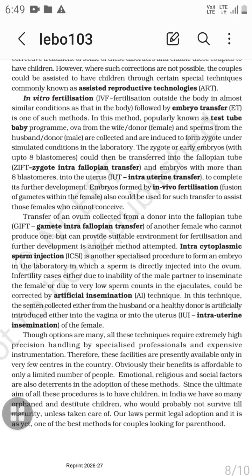Those are for couples who cannot produce offspring. Now, one of them is intracytoplasmic sperm injection, that is ICSI. Intra means inside, cytoplasmic means the cytoplasm itself, the semi-fluid part of the sperm, through the injection. So the cytoplasmic sperm is injected